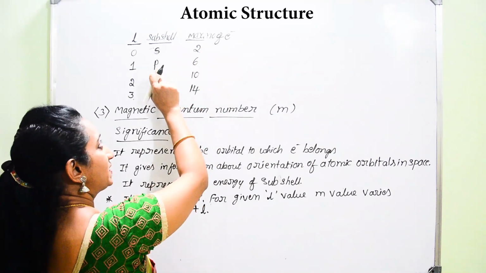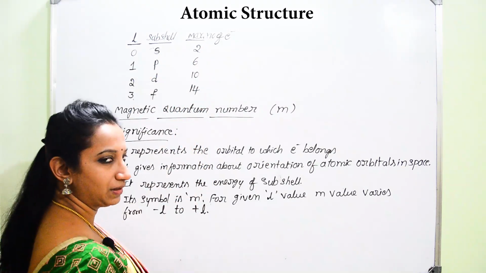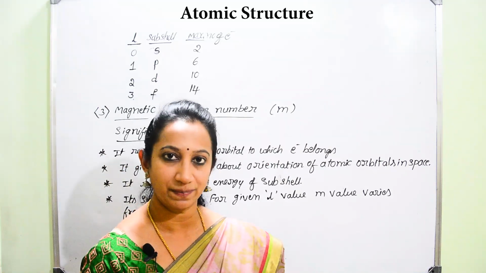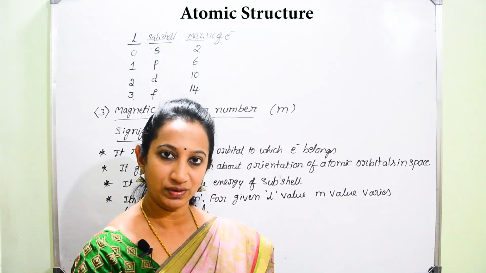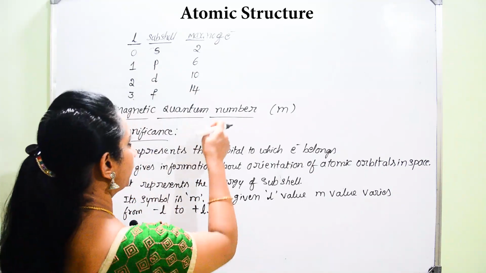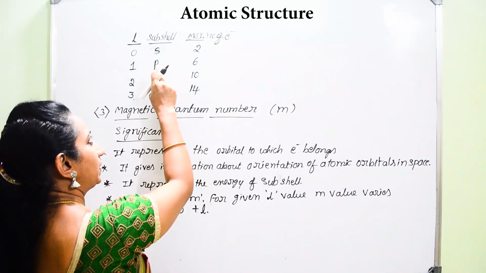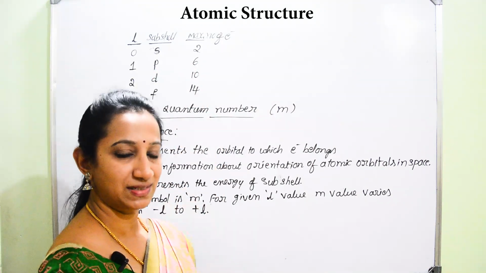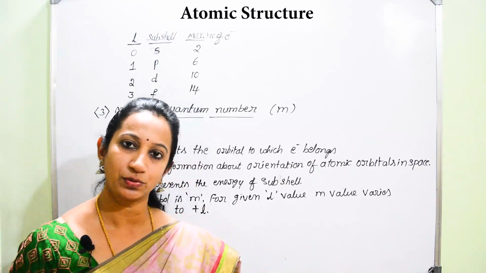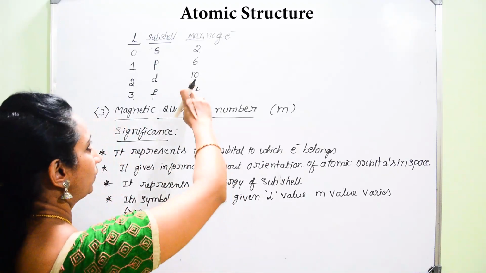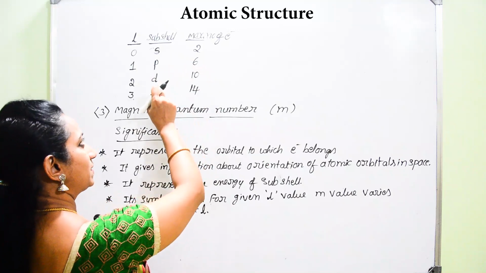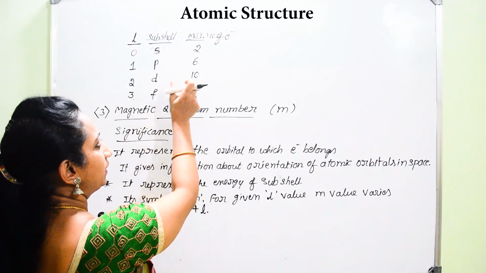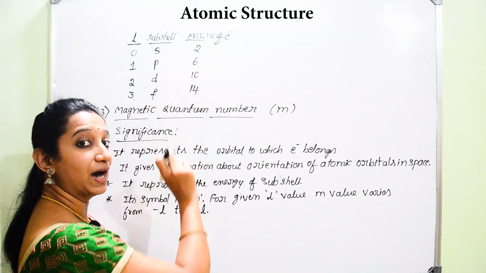Then if you go for the P subshell, we can remember that P has 3 orbitals, Px, Py, Pz. You will get that clue in the next quantum number, the magnetic quantum number. Here the P subshell can accommodate a maximum of how many electrons? 6 electrons. Px 2 electrons, Py 2 electrons and Pz 2 electrons. Totally 6 electrons. Similarly, for D, the D subshell is made up of 5 orbitals.